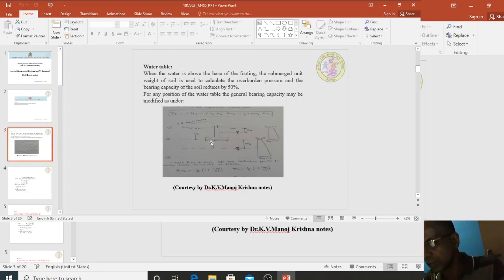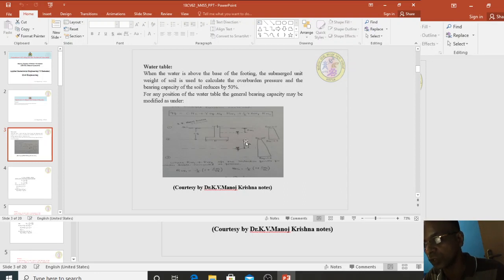Let us consider B as the width of the footing and Df as the depth of the footing. When the water table is at depth Z3, it is beyond the significant depth. Significant depth means up to that depth the load on the footing has a stress influence on the soil. Beyond that depth there is no influence of the structural load on the soil. If the water table is at the zero influence of stress condition, then there is no effect of water table on the bearing capacity. On the other hand, when the water table rises to Z2, the bearing capacity gets reduced.